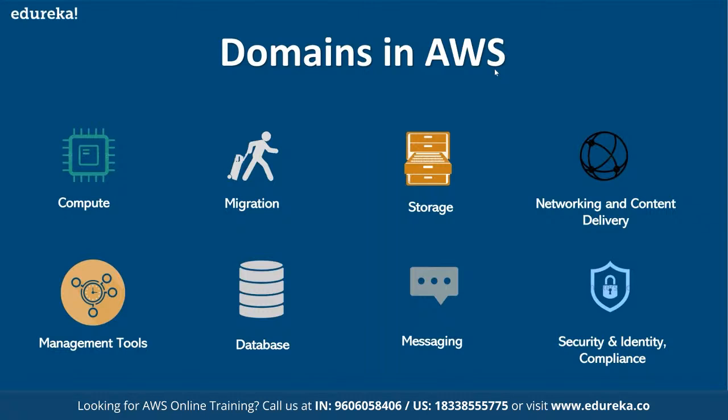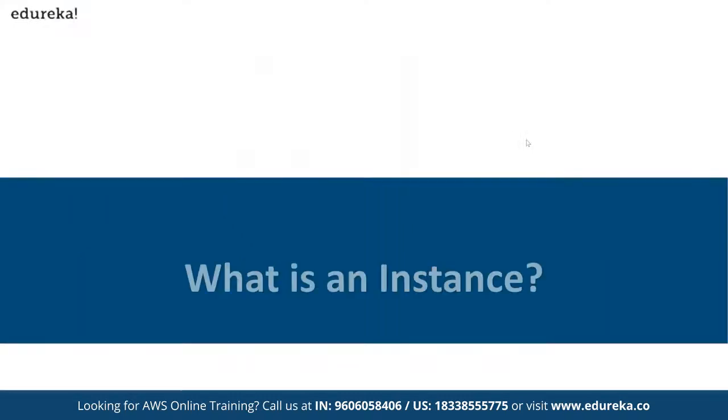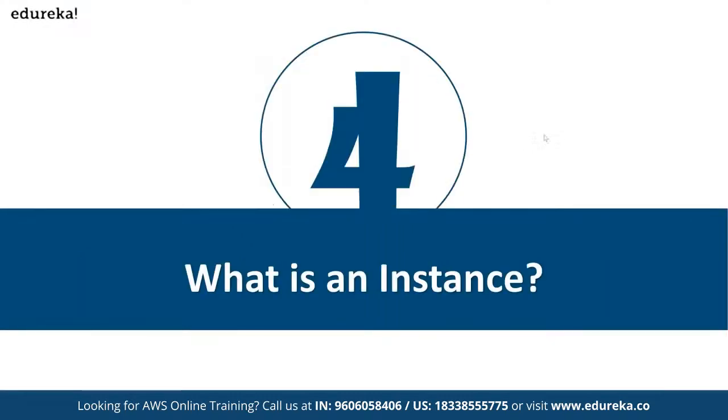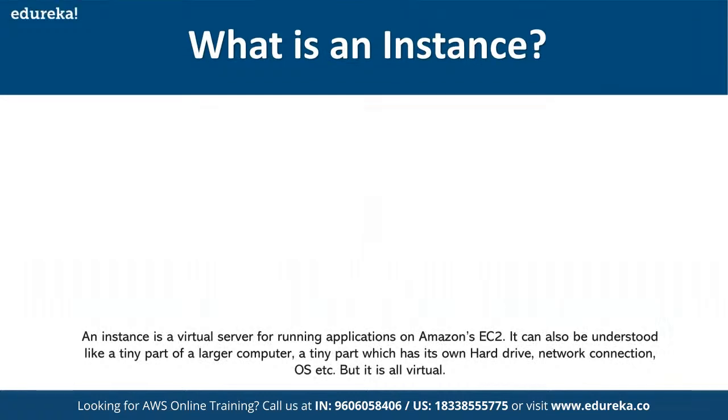So these are some of the services that we have available on AWS. Now let's see what is an instance. When we talk about AWS, we talk about instances. An instance is a virtual server for running applications on Amazon's EC2. We will look at what EC2 is also, but this is a virtual server. Virtual server means the chunk of processing capacity that you have got for yourself after paying money to AWS. But this is a virtual piece of the actual hardware which exists in the data centers